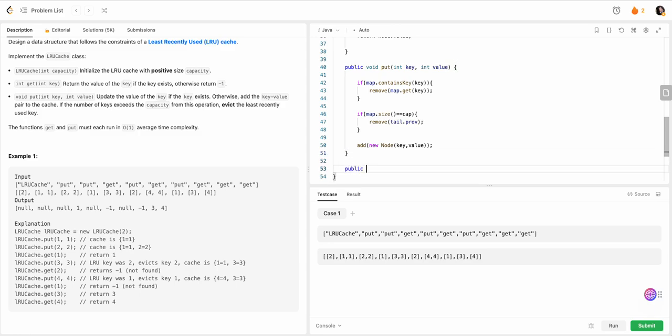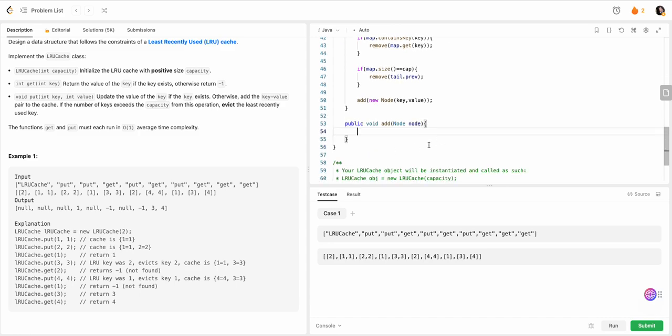So first of all, we'll write the add method, which will take a node. These are pretty simple methods. So while adding an element, like I said, adding an element will always be at the front, that is at head. So node dot next is equal to head dot next, right? And head dot next, so whatever is the head dot next will point to head dot next dot previous will point